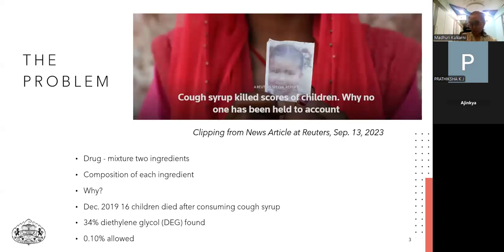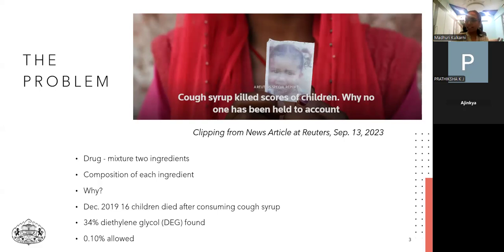Now this news had appeared, which says that a cough syrup killed around 16 children below age 10. After drinking the said controversial cough syrup, the children died. A cough syrup is supposed to cure children of the cough and not supposed to kill them. So how did it happen? Why did the cough syrup end up killing these kids? A cough syrup is again supposed to be a